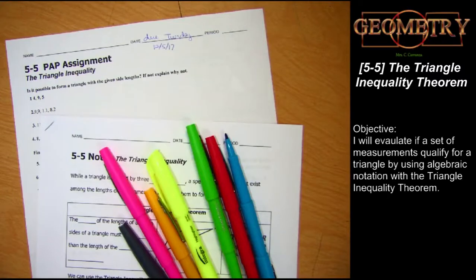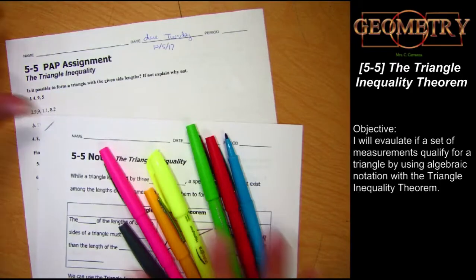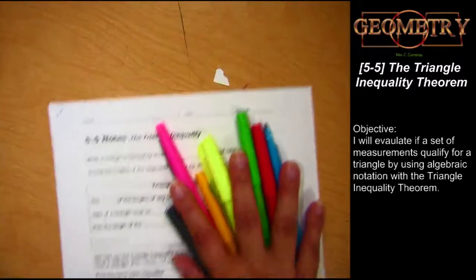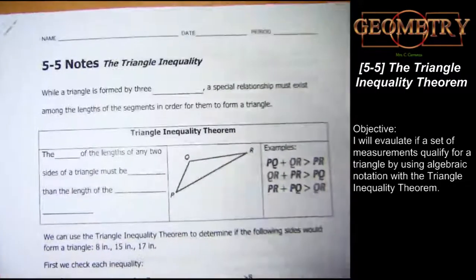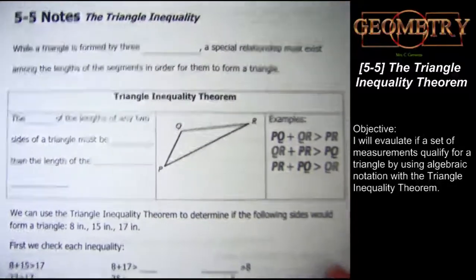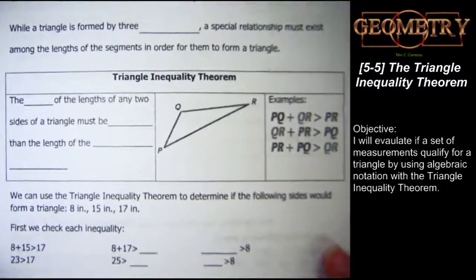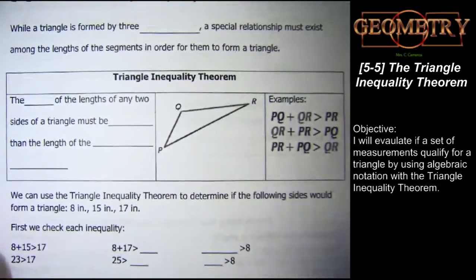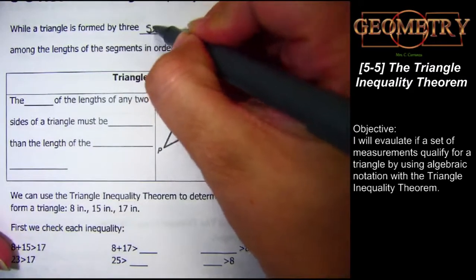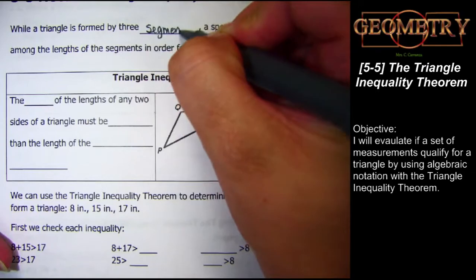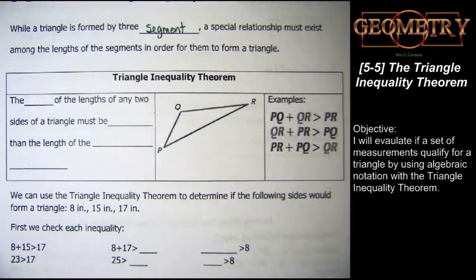We're continuing on our study of triangles, and we're continuing with using inequalities. We're going to use inequalities to help us decide if the measurements that we're looking at could in fact belong to a triangle. We can do that because a triangle is formed by three segments, and in order for them to form a triangle,